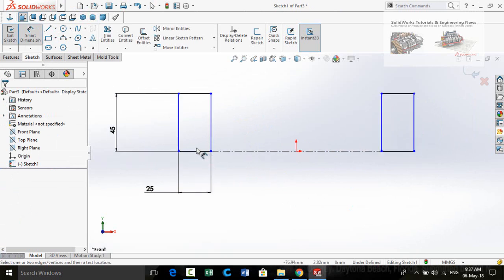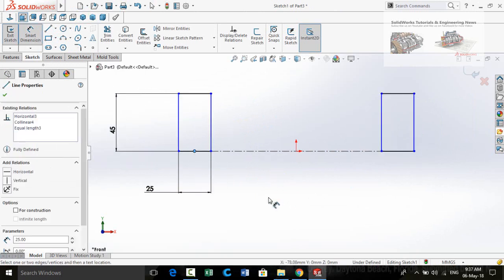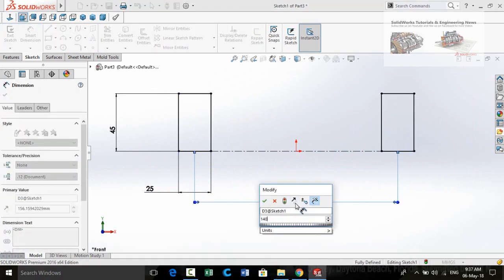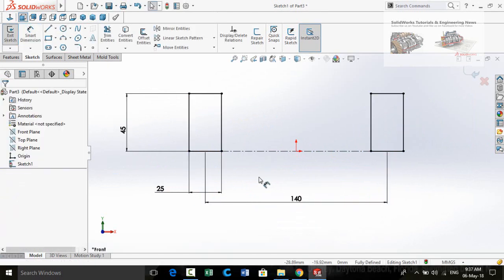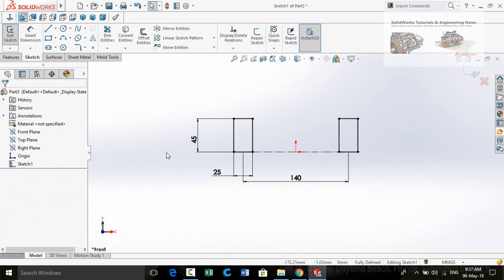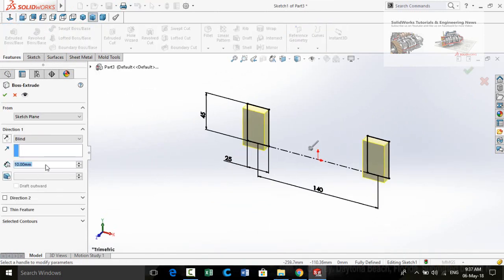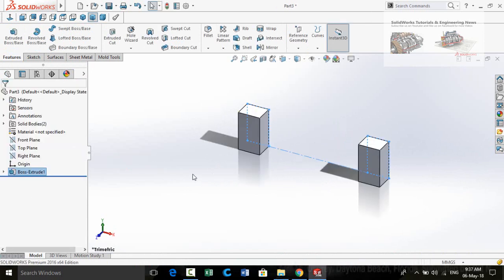Again use smart dimensions and define the distance from this midpoint up to this midpoint, 140 millimeter. So our sketch is now fully defined. Go to features tab and apply extruded boss base command. Extrusion length is 20 millimeter and press OK button.